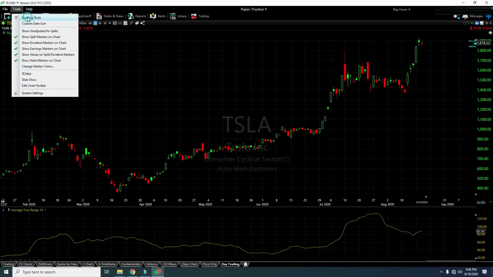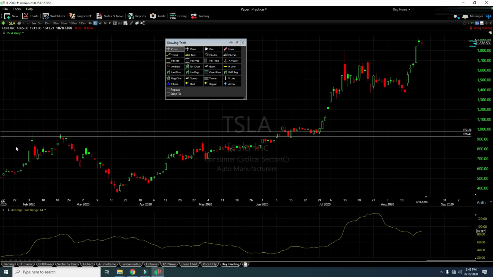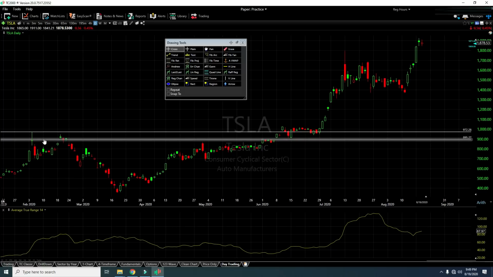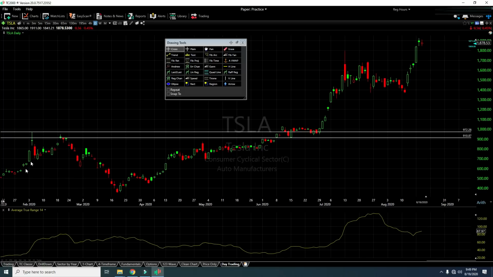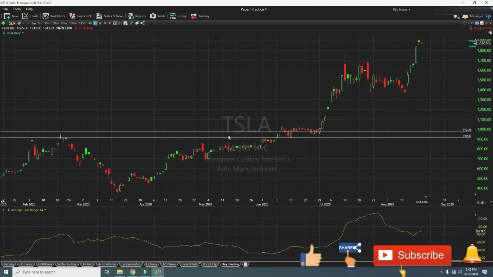Let's first mark the support resistance area. Support resistance is a range, not a fixed price. If you don't understand support resistance, or why it is called an area and not a line, please watch our video on support resistance to understand why we have to mark it as an area, not as a single line. Now coming back to this video, this is the resistance area